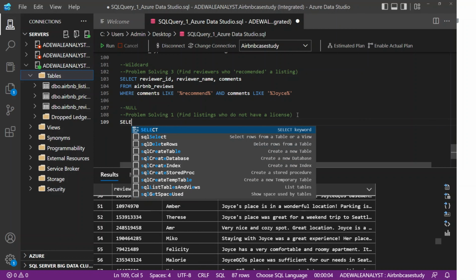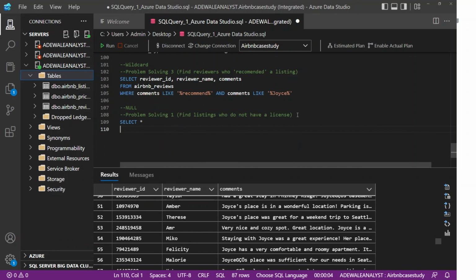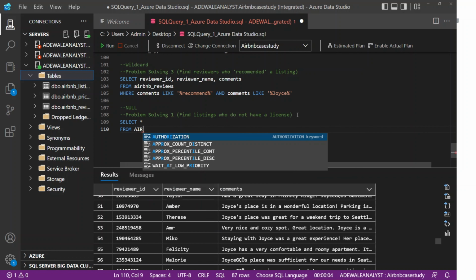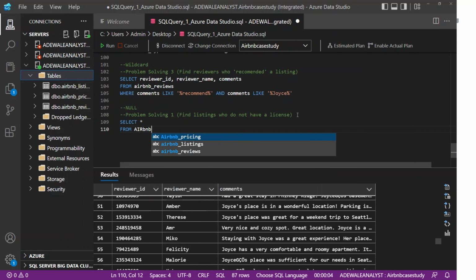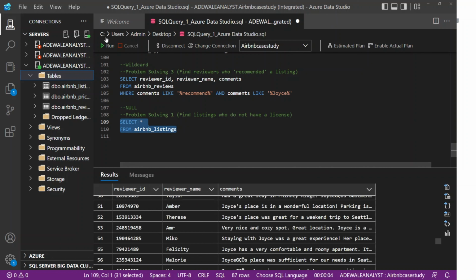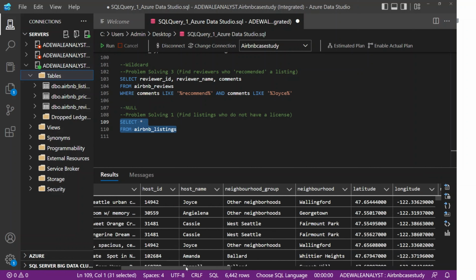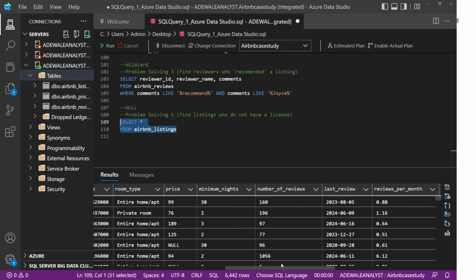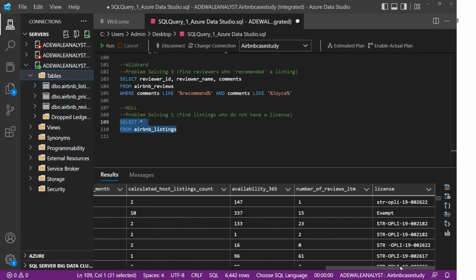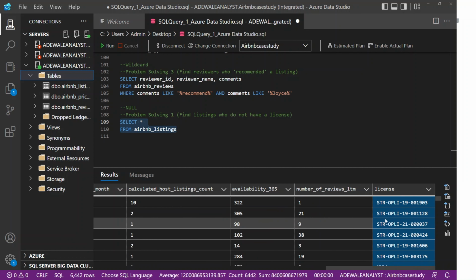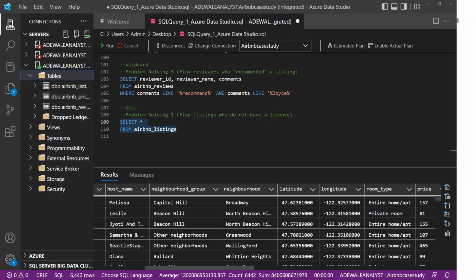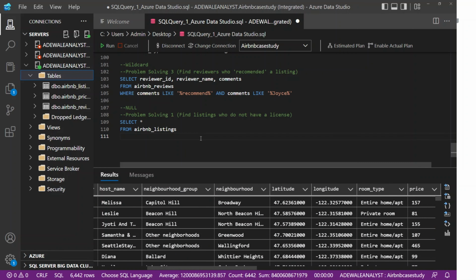When I do select star from Airbnb listing and run this query, we have a column called license. If I scroll to the right, you will see that we have a column here called license. If a particular listing does not have a license, then that particular column will be null, or it will be empty. So what I'm going to do is say where